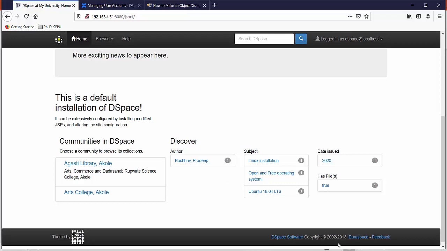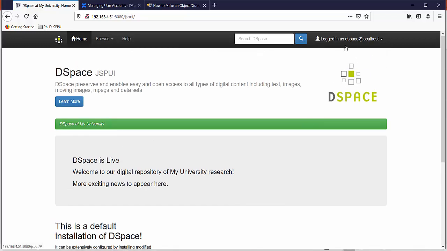For example, we will create another account of Yogesh Mathesar in this DSpace to submit collections to the Agasti Library Akole top level community. Okay, how to do that?